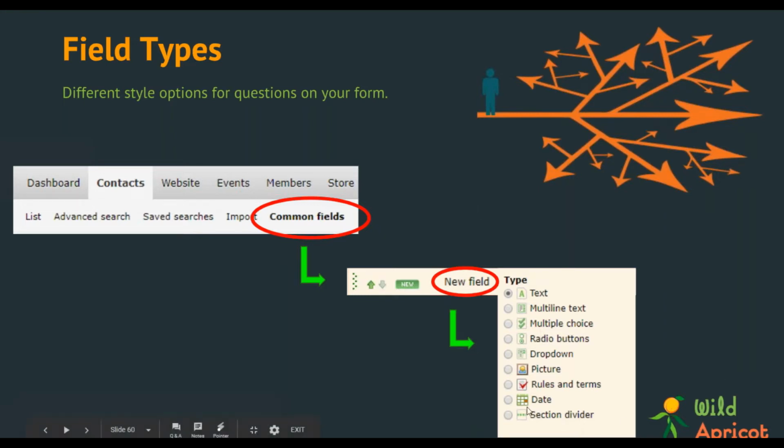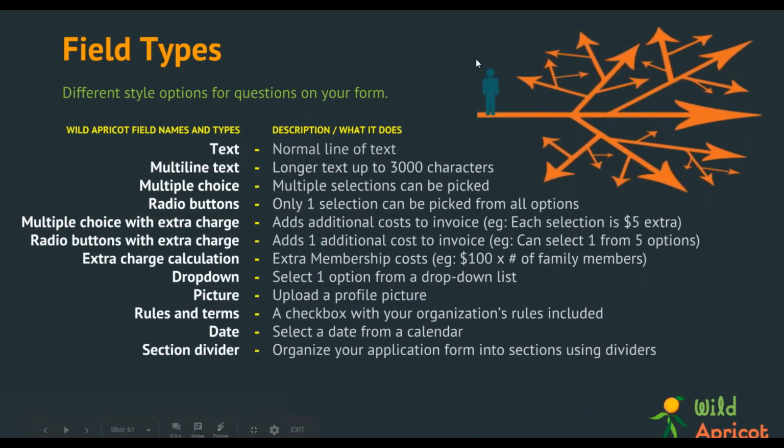And of course, you could have a date and a section divider as well. This is a pretty big screen with a lot of info, but it does detail exactly what each different type of field does. And it's usually the multiple choice and the radio buttons that get a little bit confusing for people, but hopefully this will help you through that. I put a bunch of descriptions on what they do here beside each different type of field, but there's a lot of info here and I really don't want to bombard you too much.